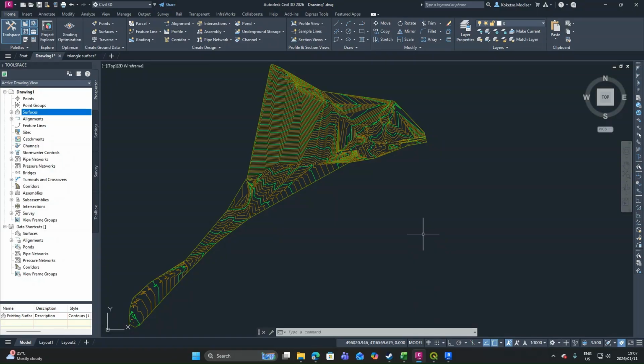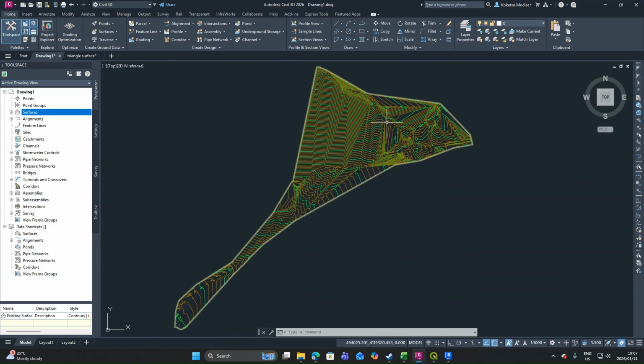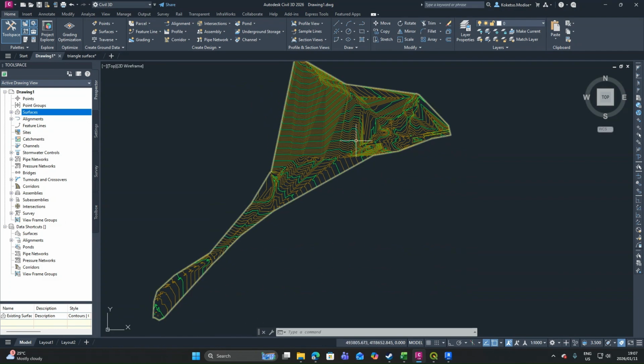Okay, let's continue from our previous lesson of creating the surface from triangles. So in this tutorial, we're going to be creating a horizontal and vertical alignment in Civil 3D. So you're going to take the surface that you have created in the previous tutorial, and if you want the